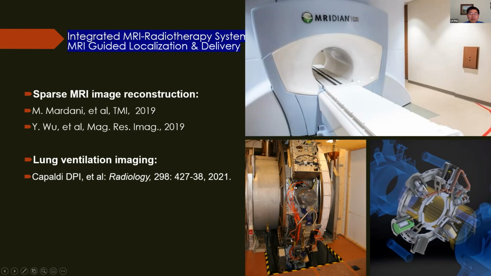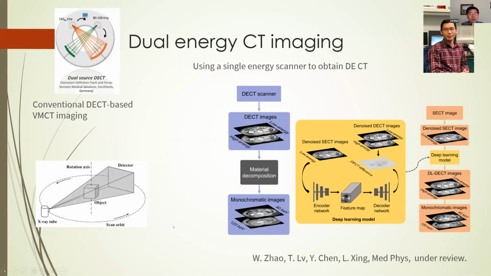But today, this guidance is actually 2D, because you have to take a lot of data, so the reconstruction is very slow. You can only get a real-time 2D image, either sagittal, axial, or any plane, but it's 2D. So with deep learning, you can push that into 3D in real time.